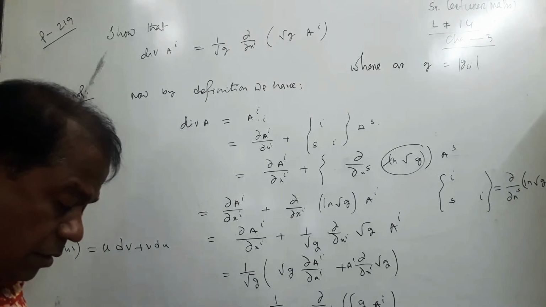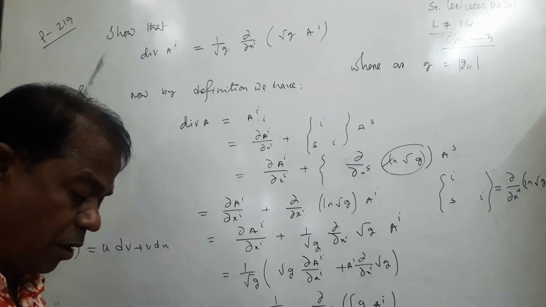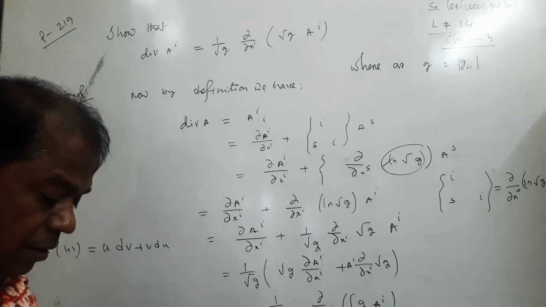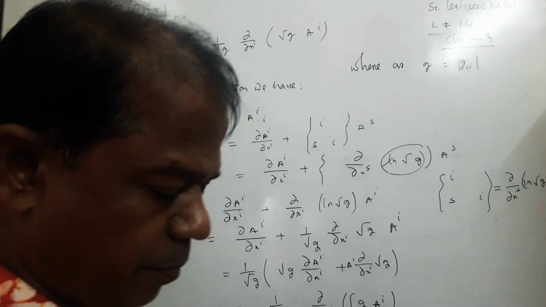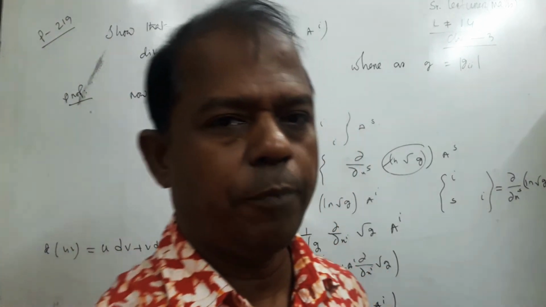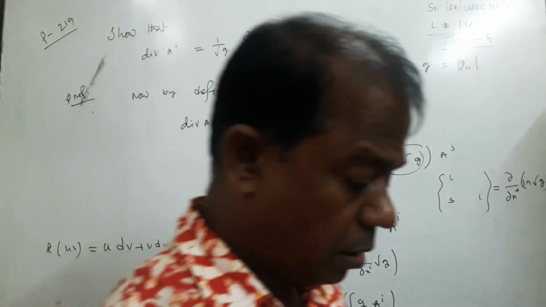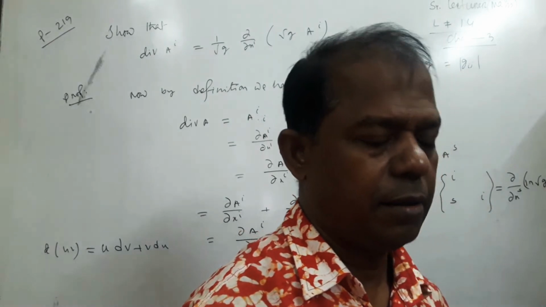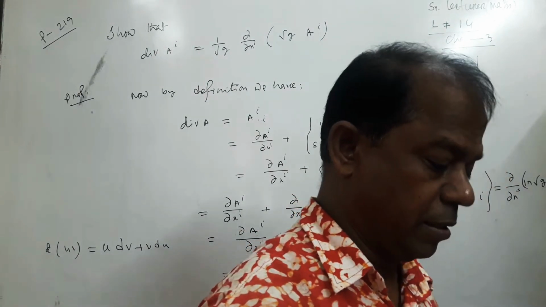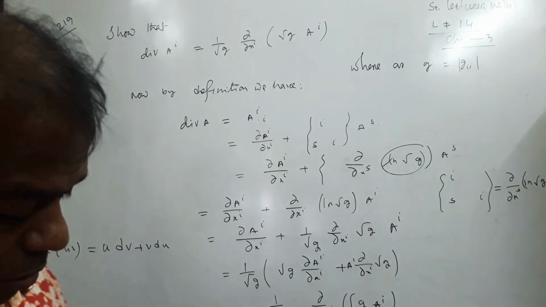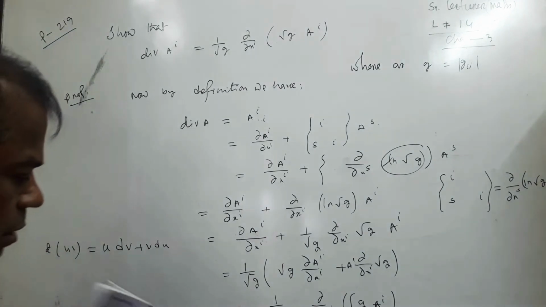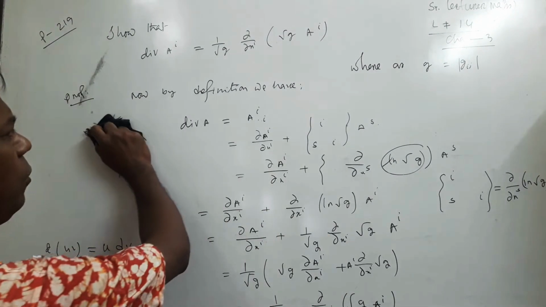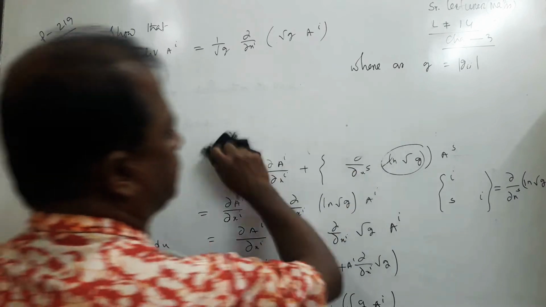And secondly, the divergence of A^i equals A^i. You have to take the covariant derivative of A^i and the derivative of A^s. Okay, clear? Next,